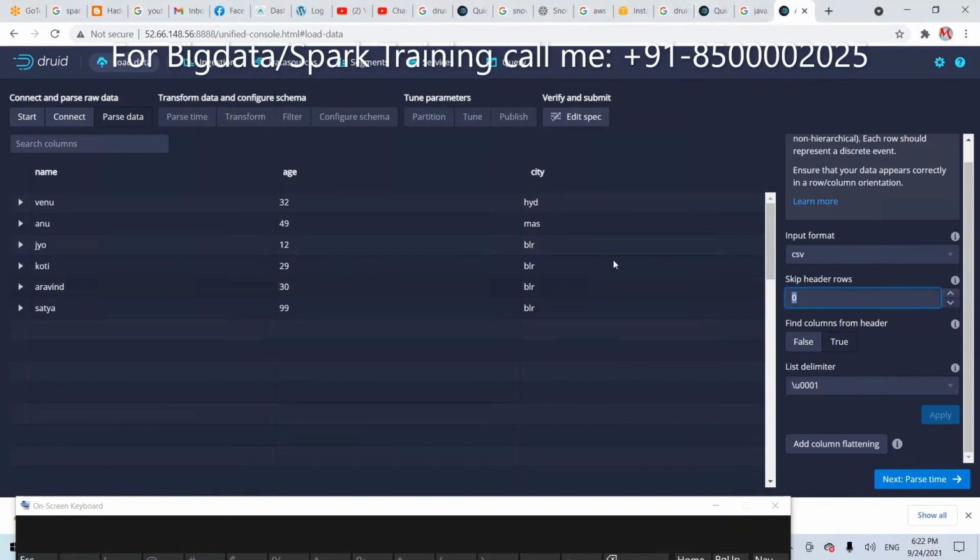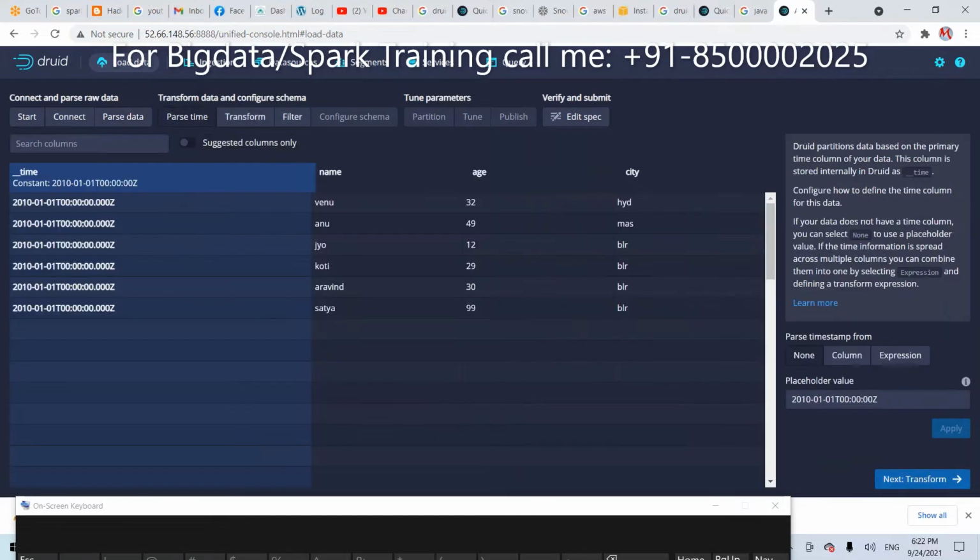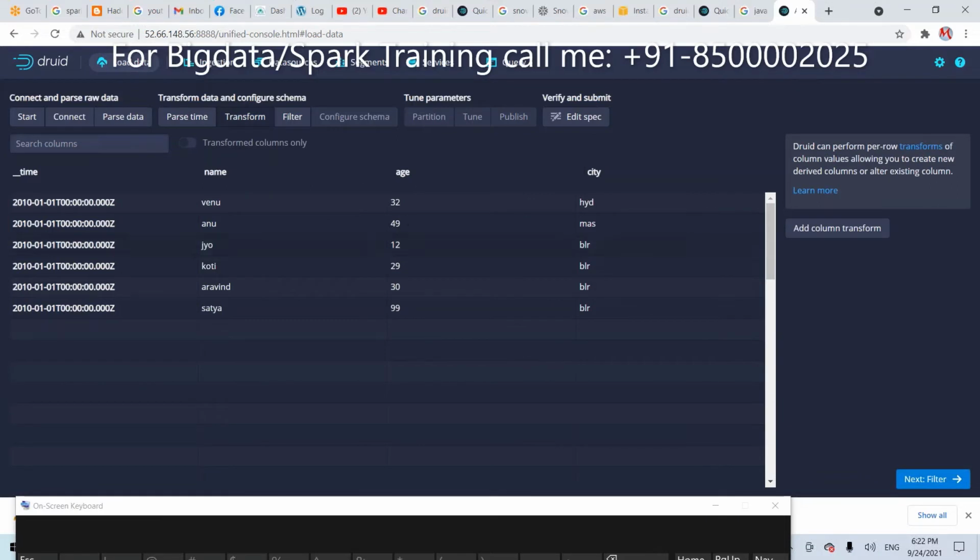Skip 0 means it automatically skips the first line. Okay, now column header is equal to true and apply this parsing. By default, it is taking something like a date column. That's required. In Cassandra also, everything is a date column, same way. I will guide you on the depth information later in my next videos. As of now, load this data.